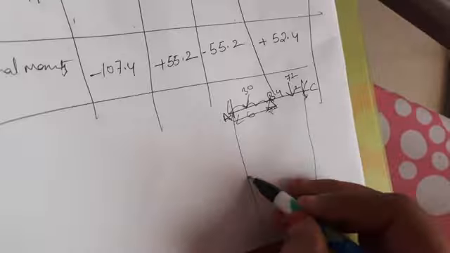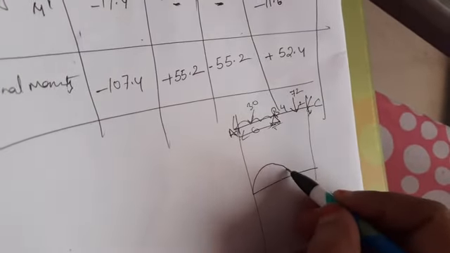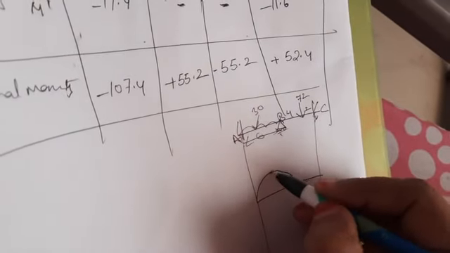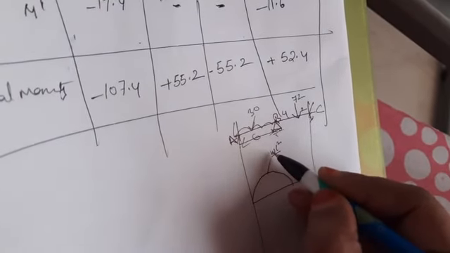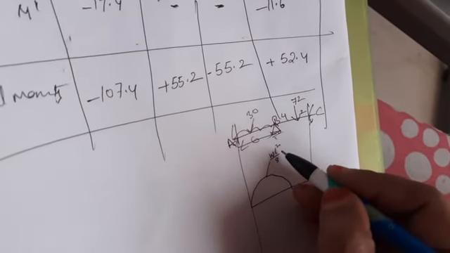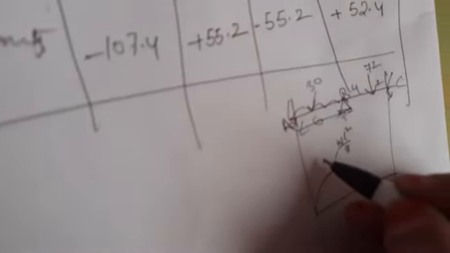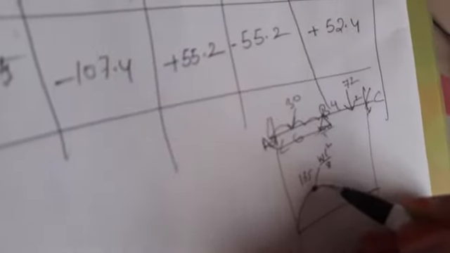For UDL it is a parabola. You can observe this one is a parabola. What is the formula for this UDL, this one maximum height? To find the maximum height our formula is WL square by 8. We will substitute W is 30 into L is, how much L? 6 square by 8, we will get the total value 135 here. This maximum value is 135.